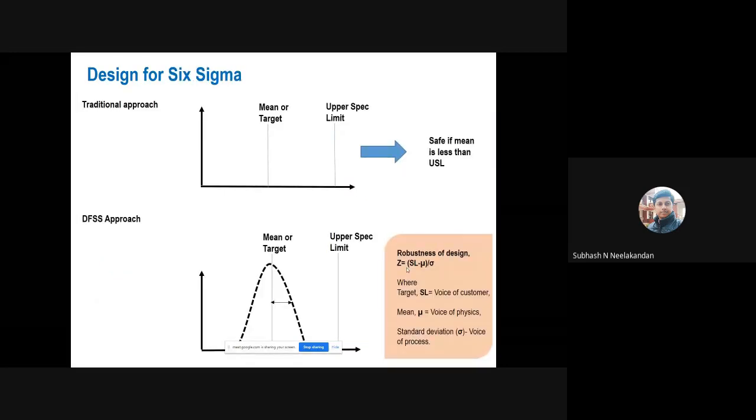So another interesting approach is design for Six Sigma. The traditional approach is that every device developer has a target specification. The target specification will basically be a number. For example, we will say weight should be less than, say, 100 grams, or less than 200 grams. And after design and development, when we observe our device is, say, 60 grams or 50 grams, well below 100 grams, people will say, yeah, the device is safe. So this is the traditional approach which was followed in the industry till the 1960s and 1970s.